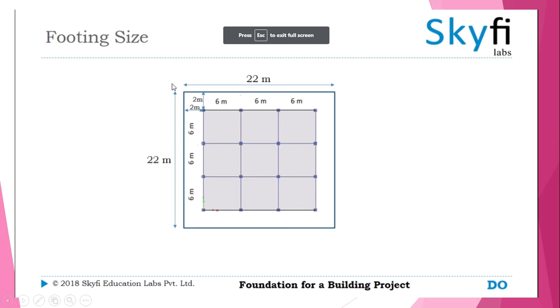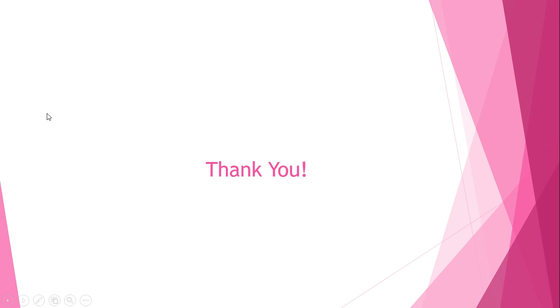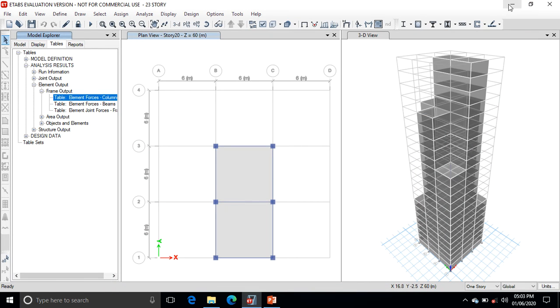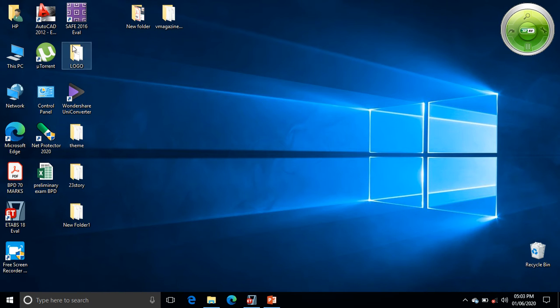Then the footing size. As all the columns are at the corners, there is no support from the side exactly at the edge. To cover it we are going to provide a 2 meter by 2 meter offset on both sides. Hence our total dimensions of the footing area is equal to 22 meter by 22 meter. Okay, then with the help of this problem statement, now go into the SAFE software.